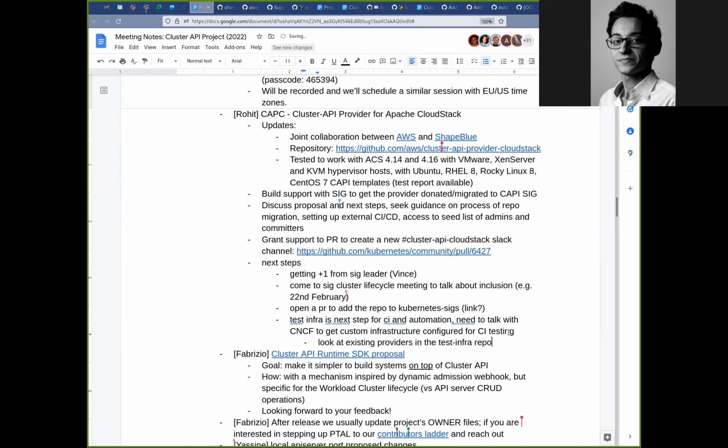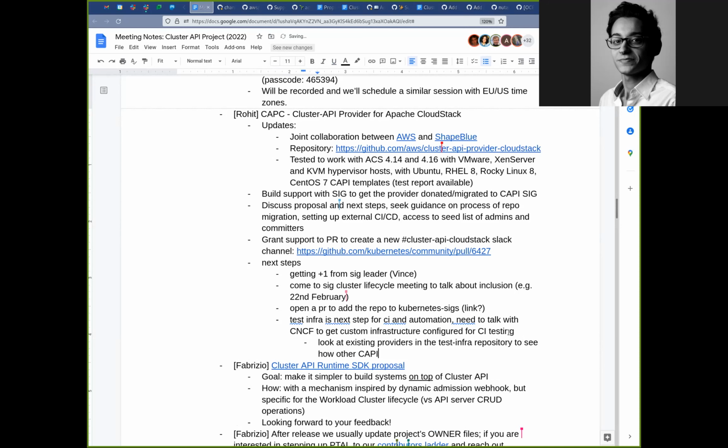There's also, if you're not leveraging it already, the E2E framework that is provided by Cluster API in order to automate your end-to-end tests. There are a bunch that are already predefined and that you likely want to run against your provider.